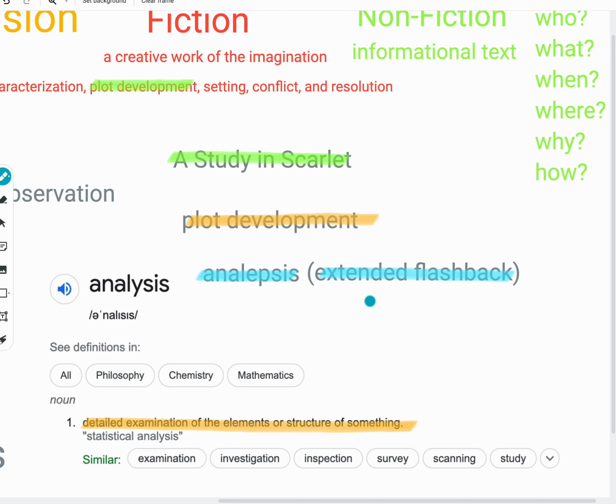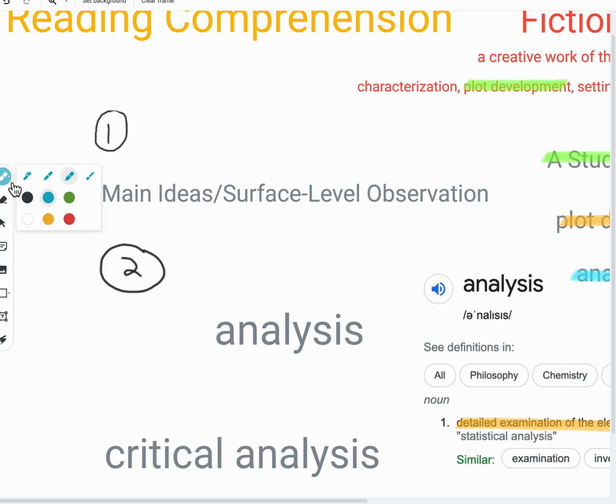Now that last statement I just made will lead us into our third level of thinking, critical analysis. This is what we want to strive for. This is the most difficult. This is what college professors want you to be able to do by the time you get to college. Also in high school, this is a great thing to be shooting for. Once we really have a good handle on reading for main ideas and analysis, then we can move on to